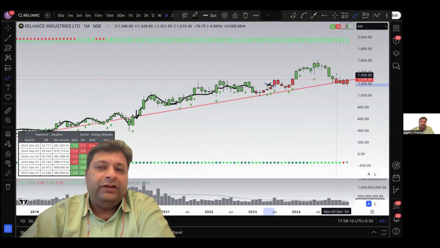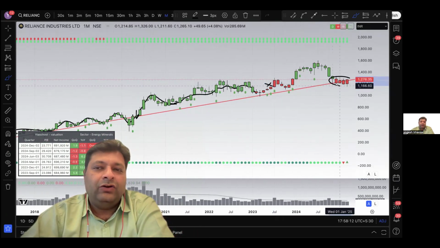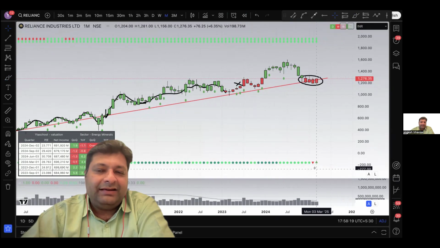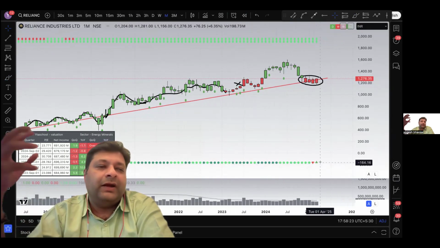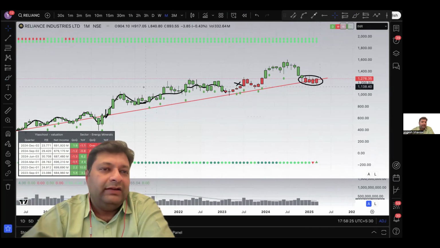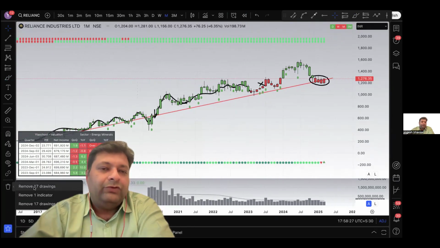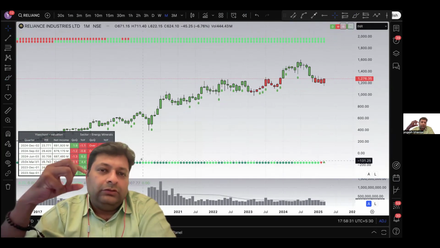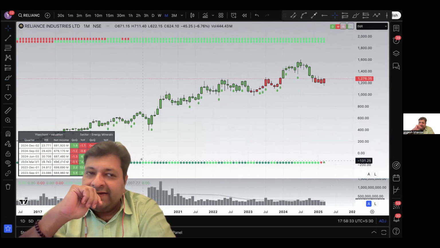Now, currently, if you see, it's again taking support at your trend line, but on the higher time frame, on the monthly time frame, it has just converted into green from red. So there is a possibility that Reliance might take one more month to get settled down. So this is one of the ways to trade the trend line strategy